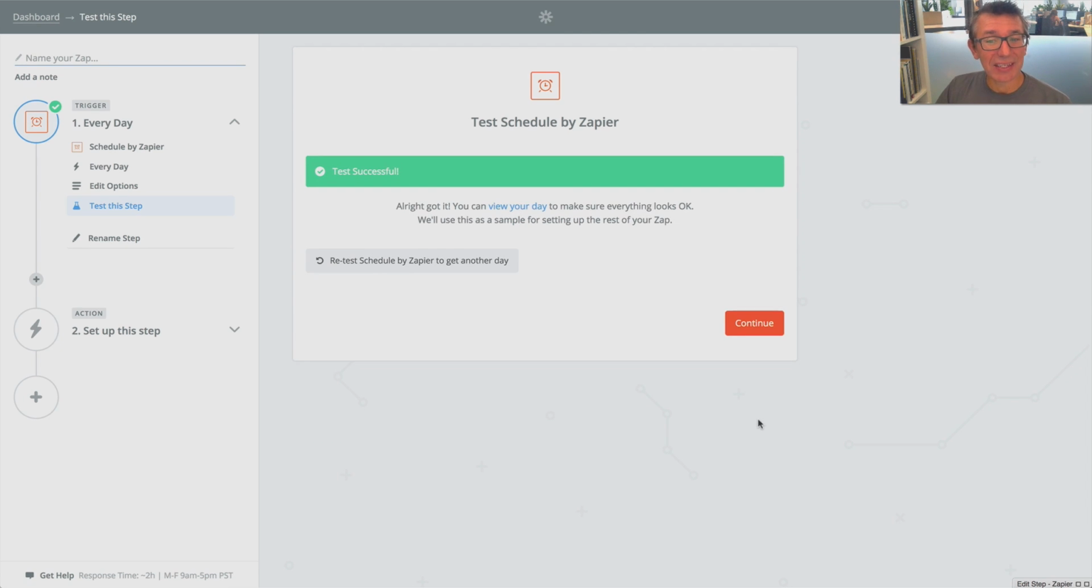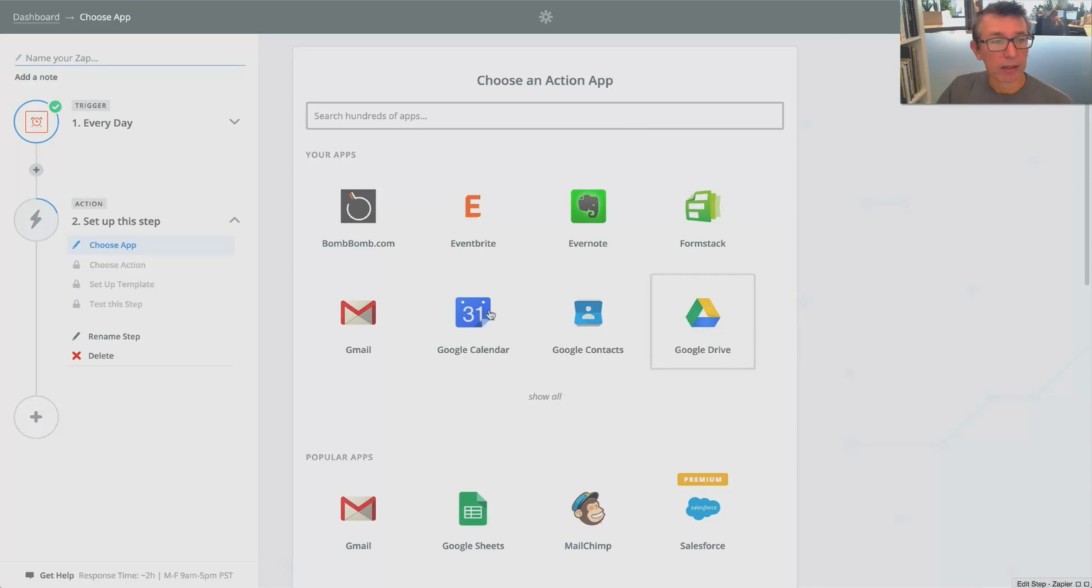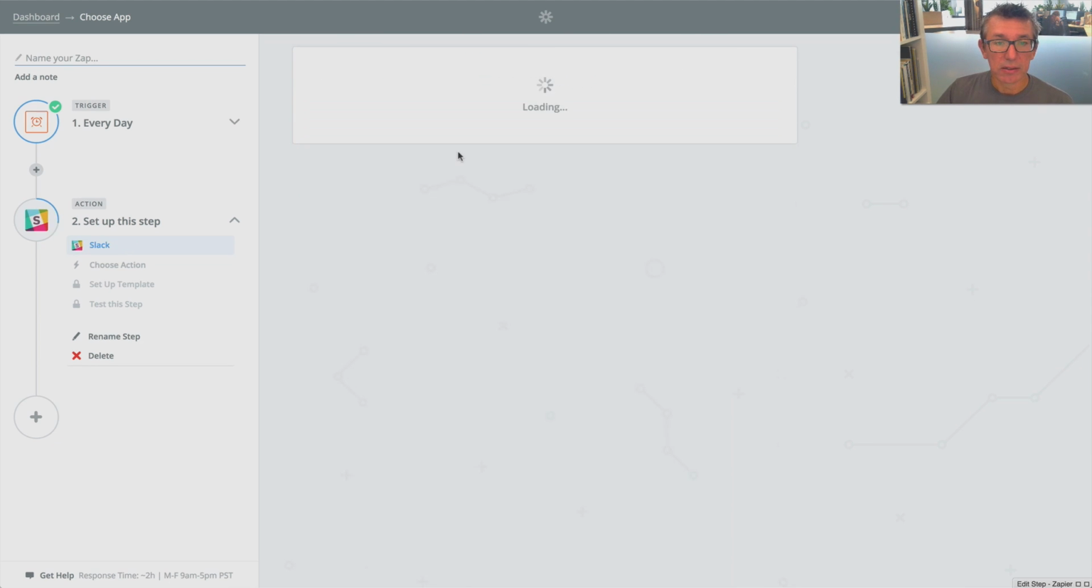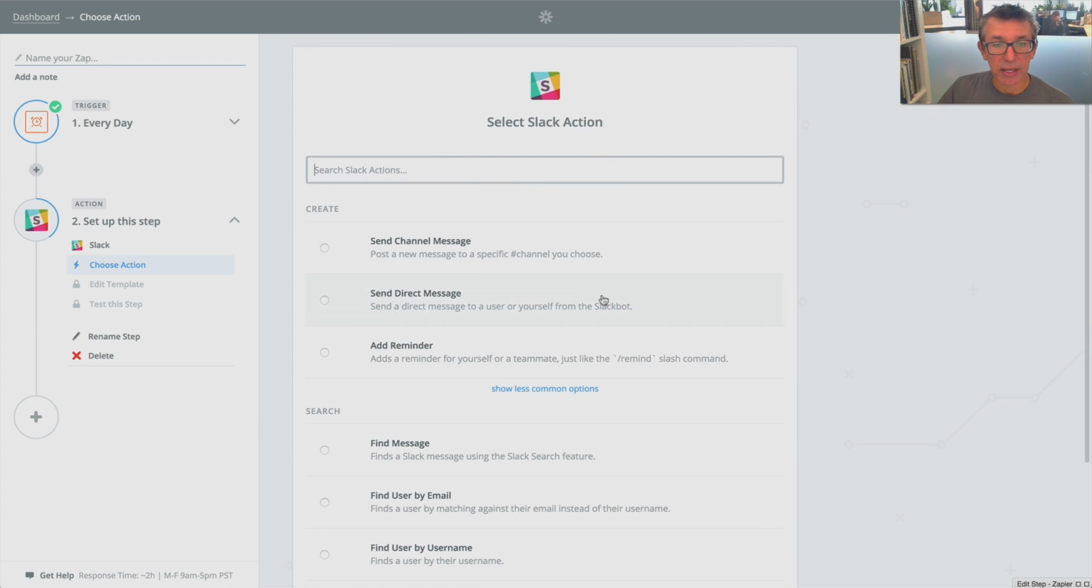So you can do multi-step Zaps, which means you can add extra things here. So I'll just click continue. So I'm going to add another. Actually, no, that'll be fine. So every day, choose this app, Slack. So send a channel message,